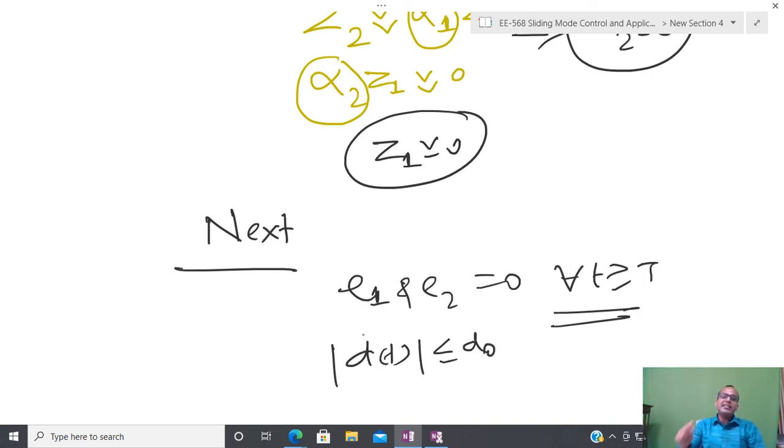It means that I am exactly able to estimate the uncertainty, and due to that reason we come up with the next observer, called the sliding mode observer. And in the next class I will tell you that the same problem can be solved using the super twisting algorithm. Using the super twisting algorithm, it is possible to show that E1 and E2 equal 0 in finite time in case of bounded uncertainty, and in finite time we are able to observe the unknown states. So that is basically the basic motivation of the sliding mode observer.